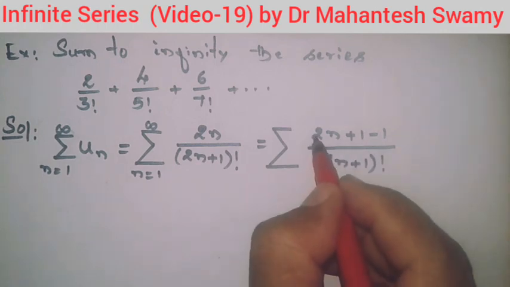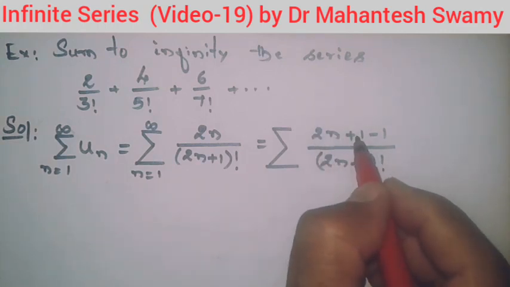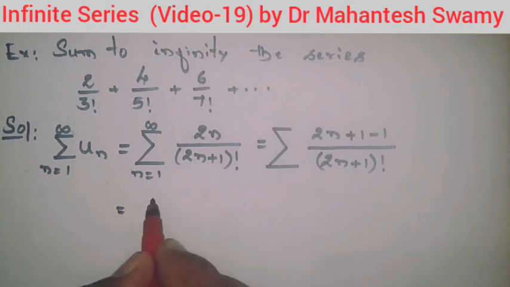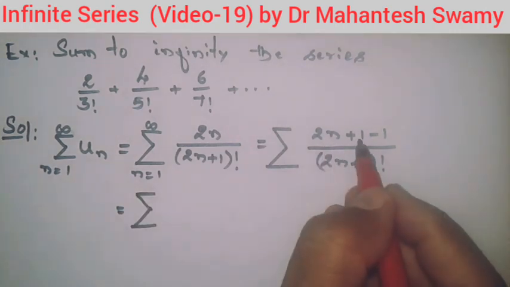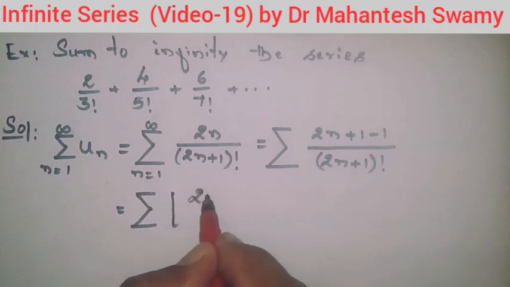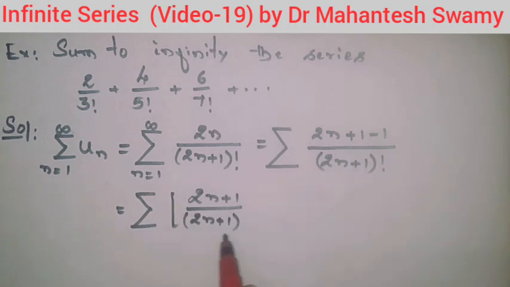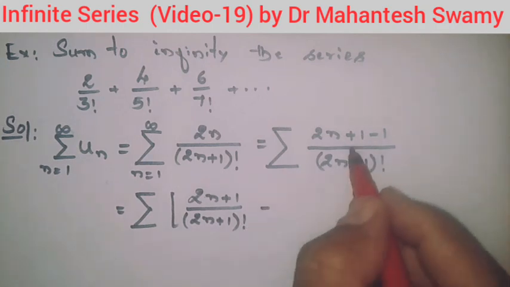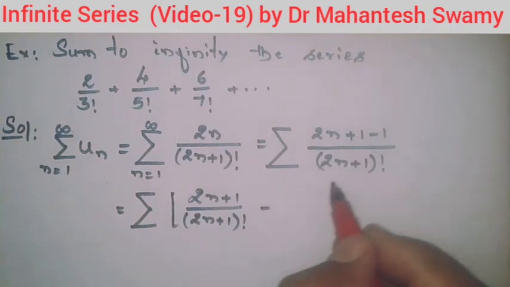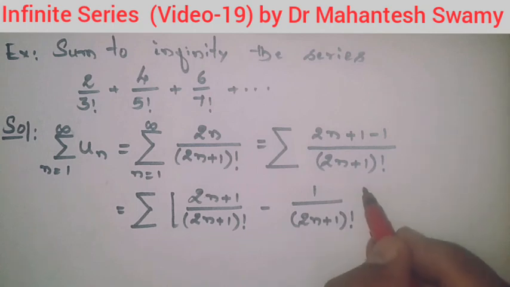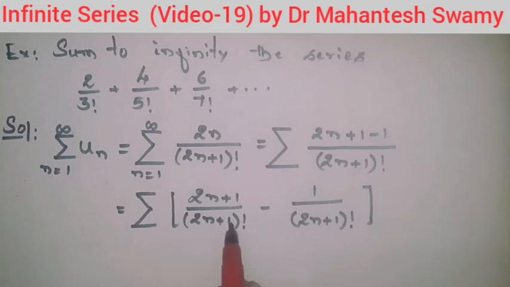Now I can consider these two terms as the first bracket, and I can have the separate division. So therefore it is going to give me summation of 2n plus 1, the first two terms in the first bracket, divided by the separate denominator. I can consider 2n plus 1 factorial, and here it is minus 1 divided by the denominator 2n plus 1 factorial. So I have done nothing, I have simply taken the separate division onto the two terms of the numerator. Now let us use one of the properties of factorials here.